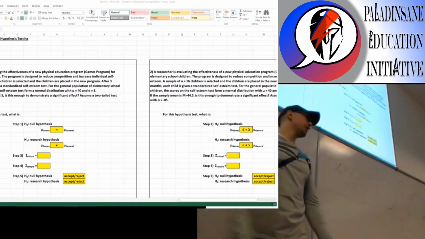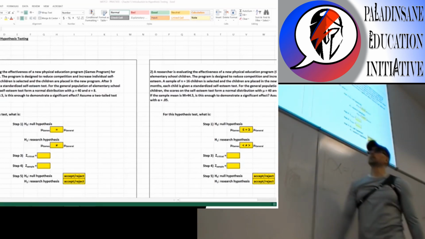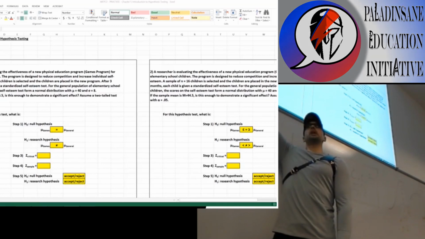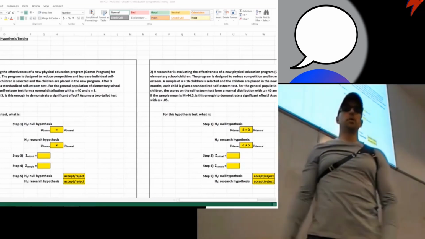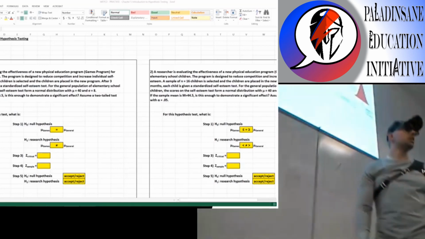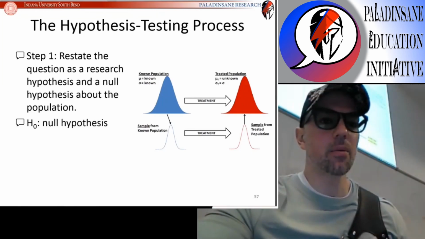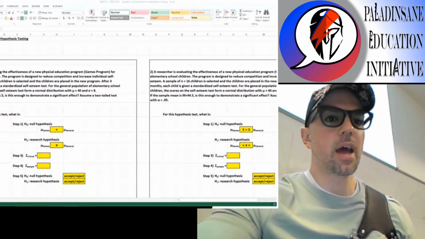The Z-score for the sample, that's what we calculated here, that 1.75. I've seen them do that correct, and then get this backwards, because this has a lot of pieces that you're juggling. This has things like, well, you have a cutoff score, you got a sample score, and if the sample score is beyond the cutoff score, then we accept, it's got a lot of moving parts. So until you're rock solid, until you have done this so often that it just comes to you, I would highly recommend print those slides out, or at least have them at the ready, so that when you get to step 5,